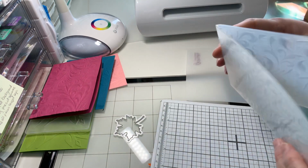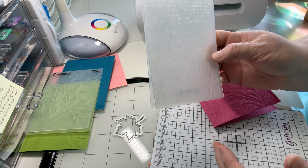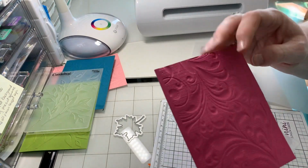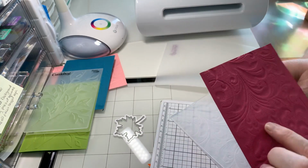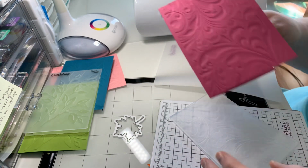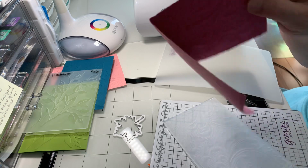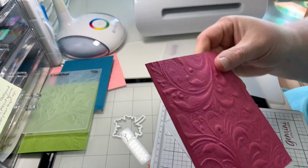So that is the 3D embossing folder, and actually, again, my mistake, but I had it turned around, so it went in. However, it still looks nice going in like that. When you open up the card, you have the 3D coming out, but it should have been turned around and had the writing on the front, and then that way, all I have to do is just turn my card around like this, and now my 3D is on